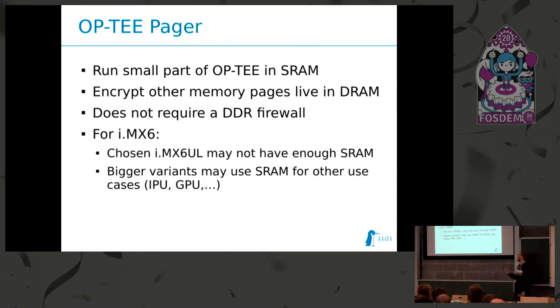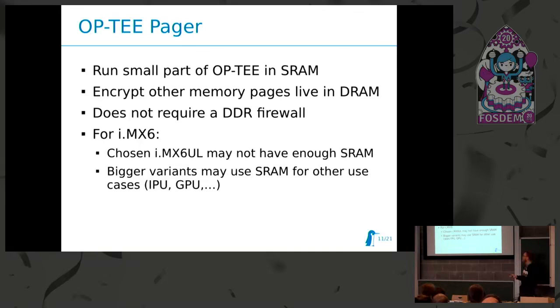Which does not necessarily require the DDR firewall. There are some constraints with this. Your device needs to have a sufficient amount of SRAM, so 128 kilobytes to 256 kilobytes. And for us, the chosen IMX6 UL does not necessarily have enough SRAM, depending on the version of the processor you select. And also for bigger variants, which may have enough SRAM, there are constraints on other devices maybe requiring the